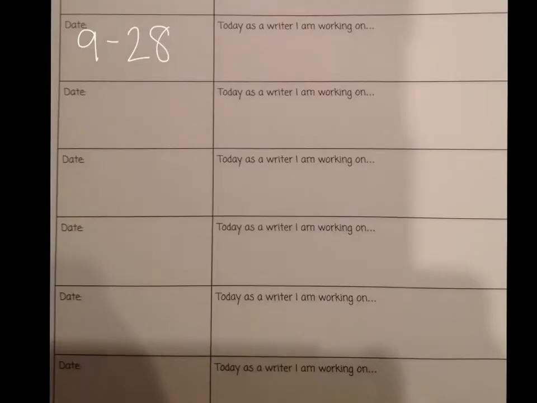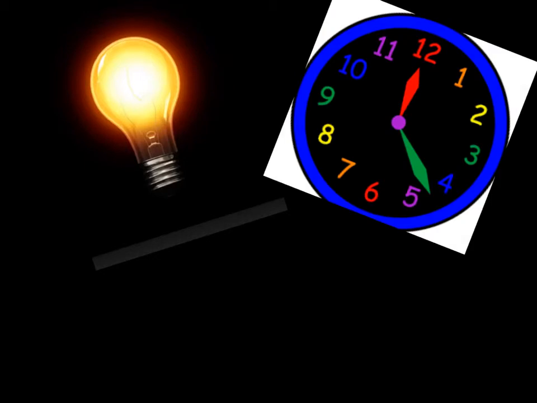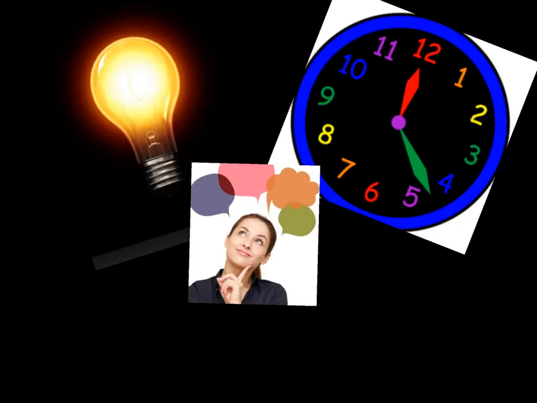It reminds me of when readers are disoriented and need to ask themselves, does this make sense? Am I where I'm supposed to be in my story? Let's get our learning attentions out, and today's date is 9-28, and today as a writer I'm working on settings. Today I want to teach you that you need to be sure that you turn on the lights in your stories to show the place and the time so that your readers don't have that disoriented feeling asking, wait, where is this? What's going on?